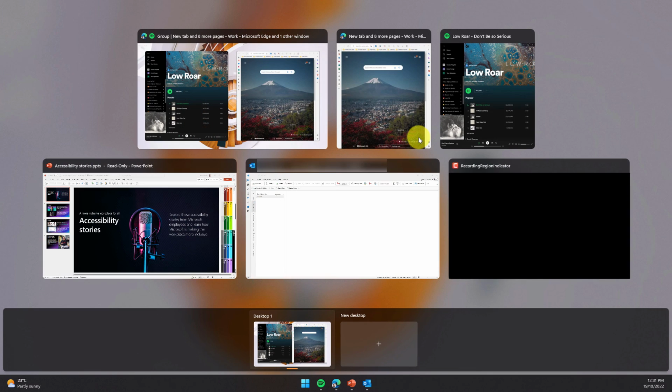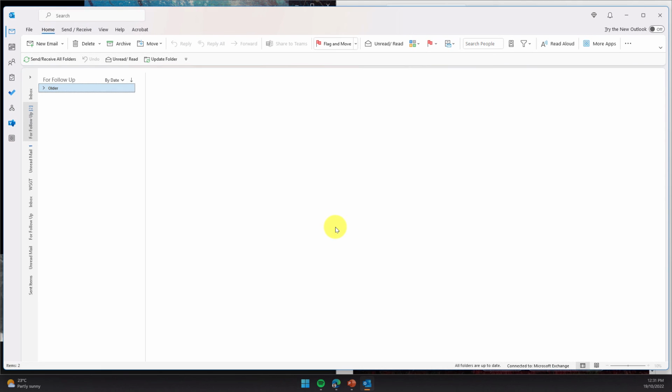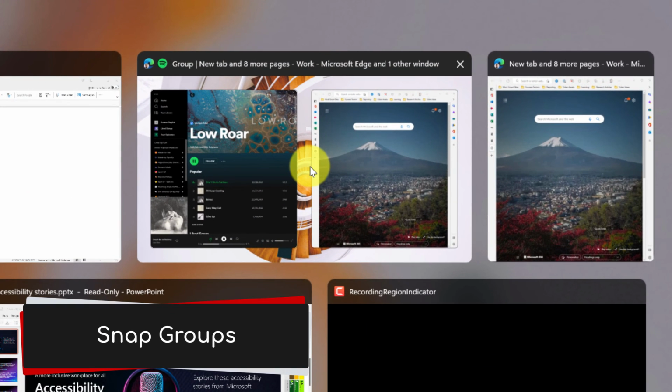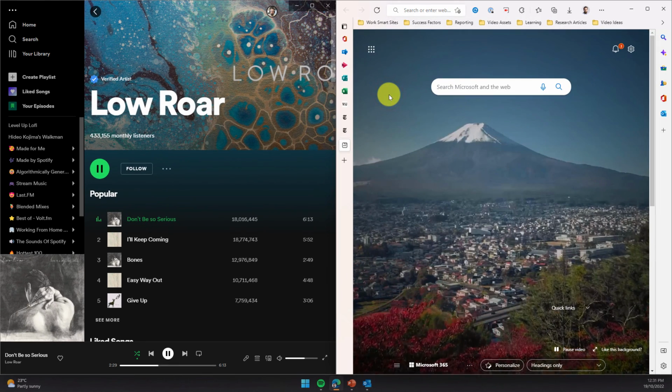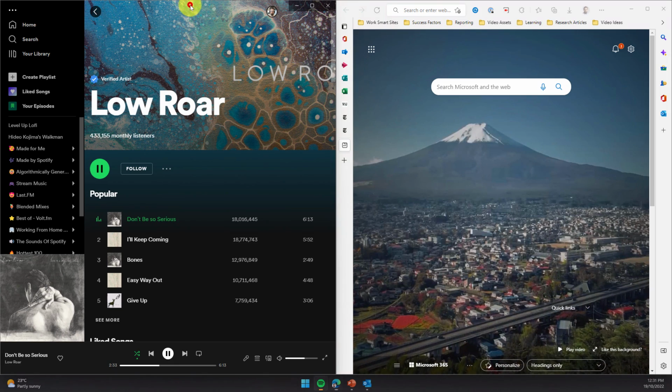And now, when I jump back to Windows tab, I'm going to quickly flick back over to one of my other applications. And if I was to go to Windows tab, I now have a dedicated group so that I can easily and efficiently go back to the grouped applications that I have in my split screen layout. This can save me many keyboard shortcuts and alt tabs.